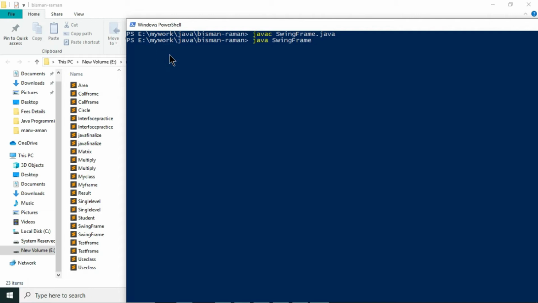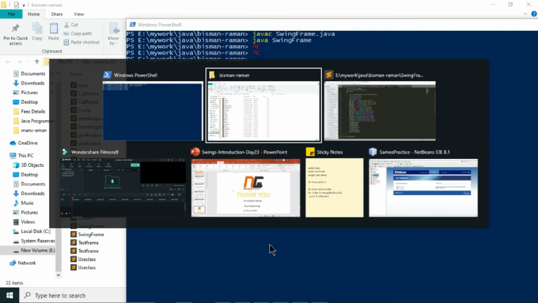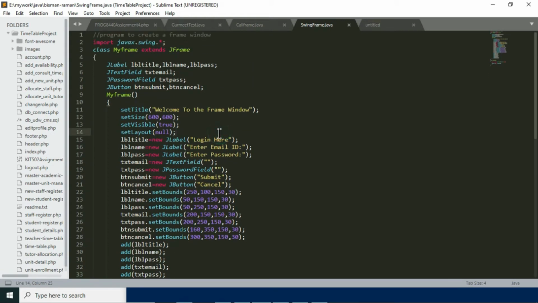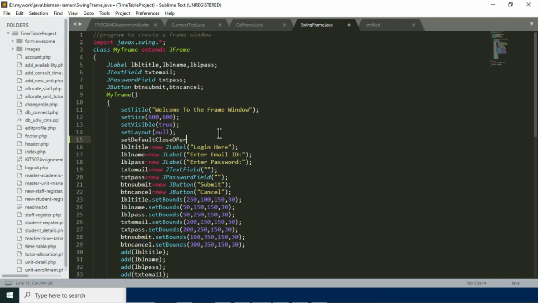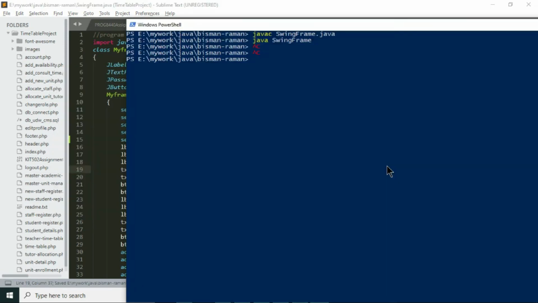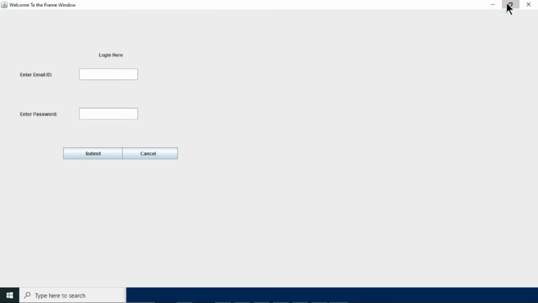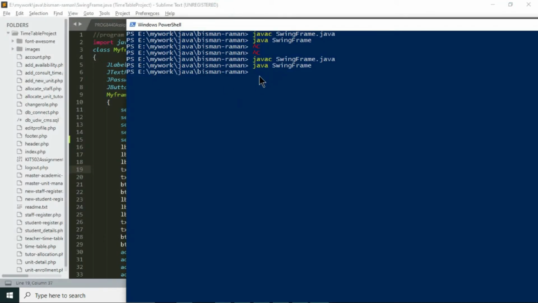So press Ctrl C here, and then I have to set the property setDefaultCloseOperation, JFrame.EXIT_ON_CLOSE. I hope it works. So recompile and then run. Here is your window, and if I press this close button, there you go, it exits. So this is how you can implement your close option.